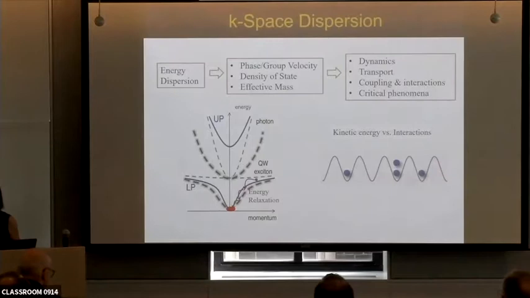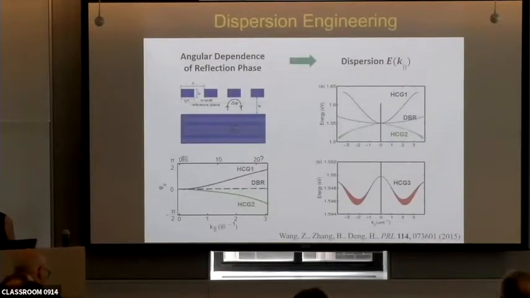And of course, dispersion is a very fundamental property of any particle or quasi-particle system. It determines a lot of the important properties. And typically, we need a lattice to engineer the dispersion. But in this case, we can even engineer the dispersion of just a single system. That is essentially given by the angular dependence of the reflection phase of a cavity, which is fixed for a DBR to be either 0 or pi. But for the gratings, we can change it quite arbitrarily. So we can make the dispersion steeper, flat, flip it around, or even double well shape. That again gives us a lot of room to play with different things that can happen.